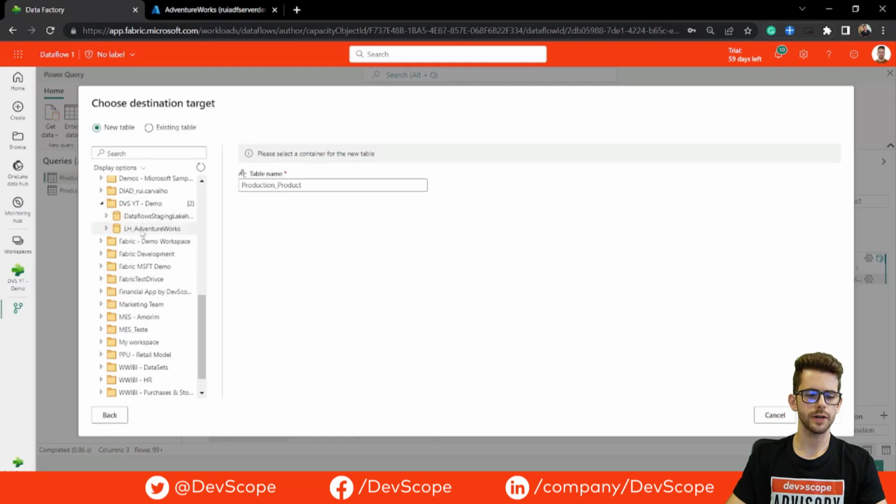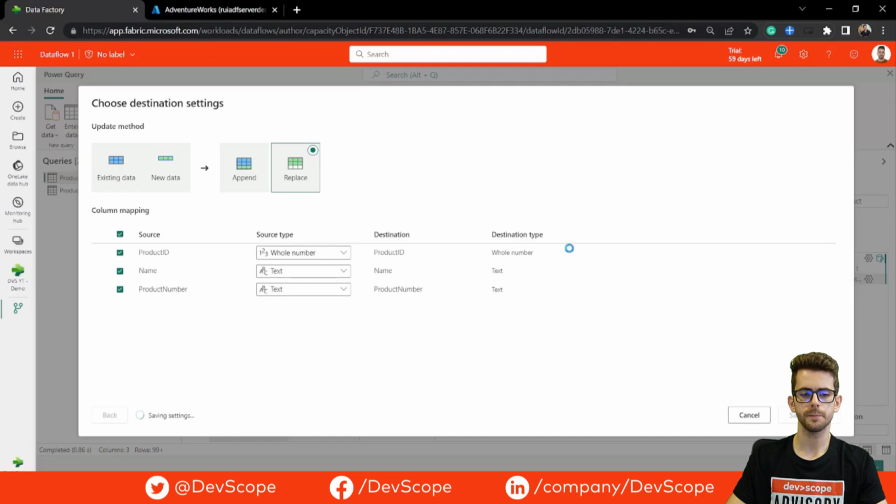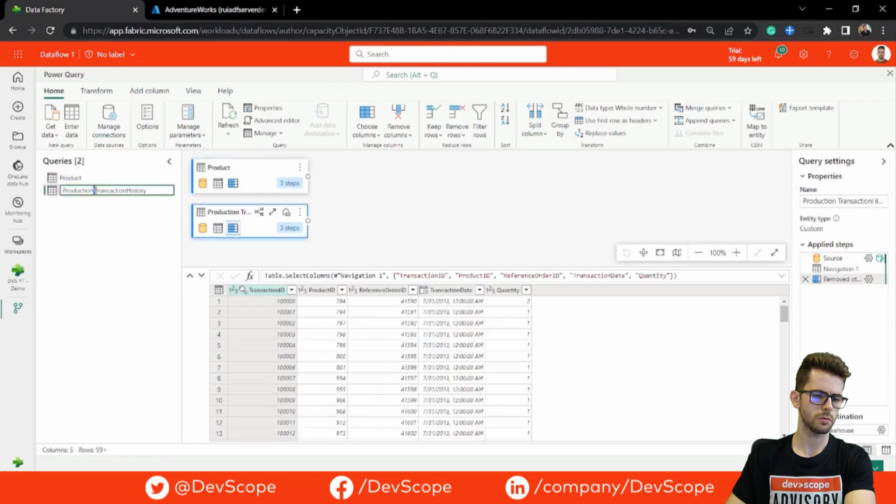Get to my workspace, click my lakehouse. I'm gonna do a replace here, same thing, and I save. Now, what I'm gonna do, I'm just gonna erase this table name, this one too. Okay. So I will hit publish,